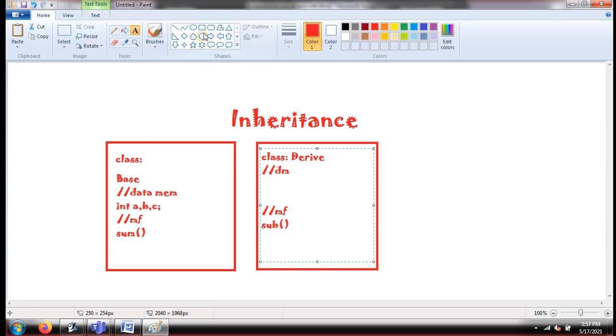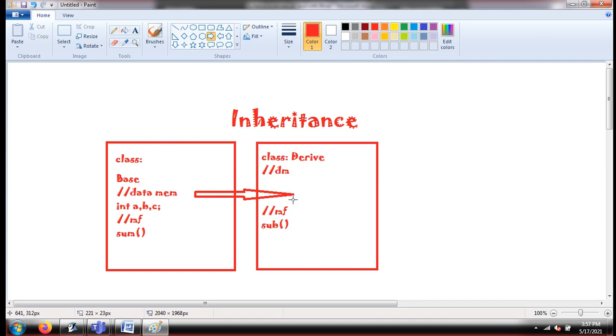There is one feature available in Java with which I can inherit one class's work into another class, so I just need to add the new thing, the subtraction which was not there in base, and my work is done.